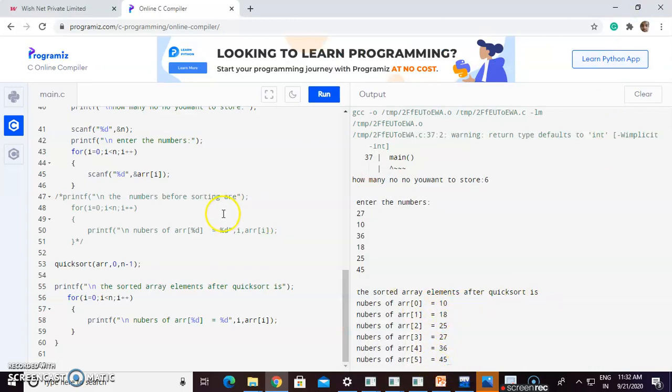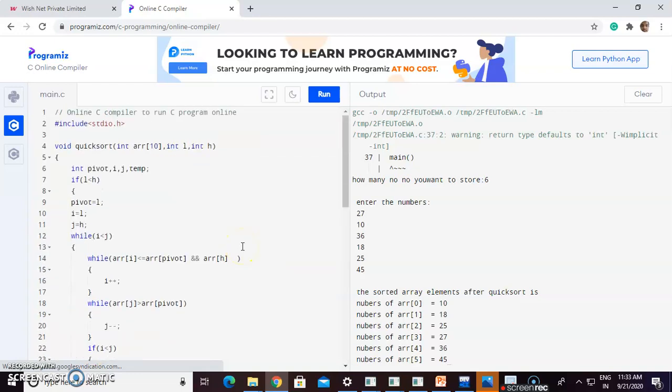This is the quicksort algorithm. So thanks for watching, but keep practicing and tracing. As I do every day in every sorting, I will show you the tracing. Tracing is very important. If you trace the code, you easily understand and clear your concept of the algorithms and the problems. So practice, more and more practice.